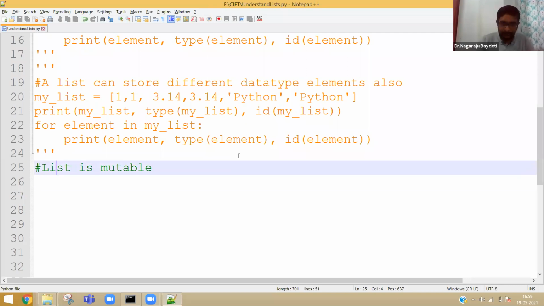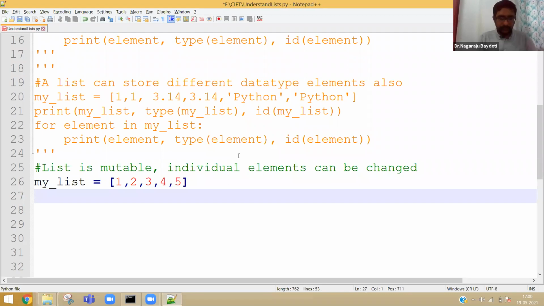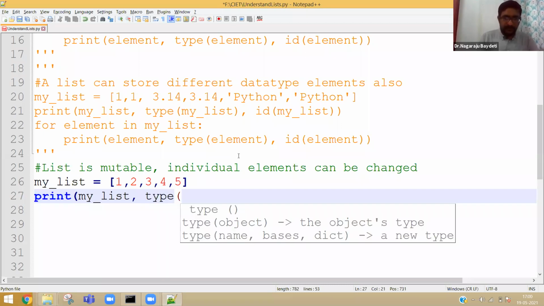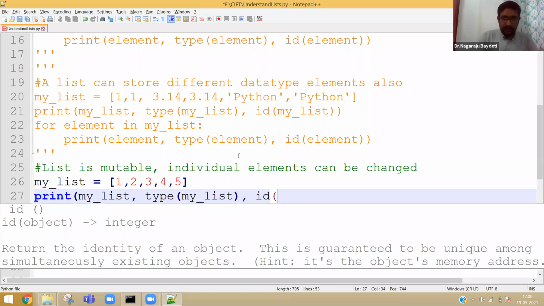Now, list is mutable. What is mutable? That means individual elements can be changed, which was not possible in string. So what I mean to say, my list is equal to 1, 2, 3, 4, and 5. Now print my list, type of my list, and ID of my list.